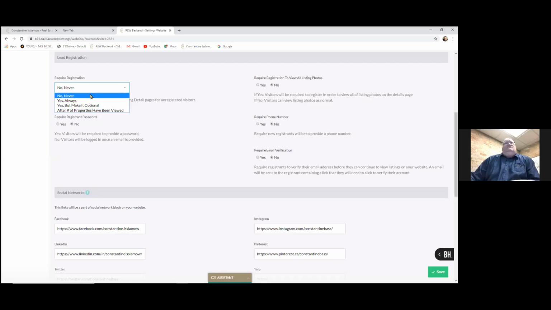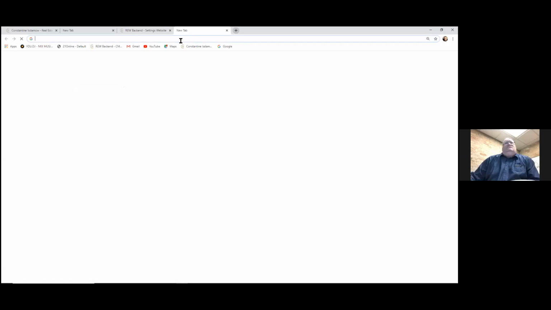There's a no never, which is how I keep mine. There's a yes always. So you log in, or you try to log in, and a pop-up window is going to appear. Yes, make it optional. So there's an option, the screen pops up and asks you for the information, but gives you an X so you can close it. Or after they've viewed a certain number of properties, they're going to ask you for their contact information. So I'm just going to open another window, Century 21,